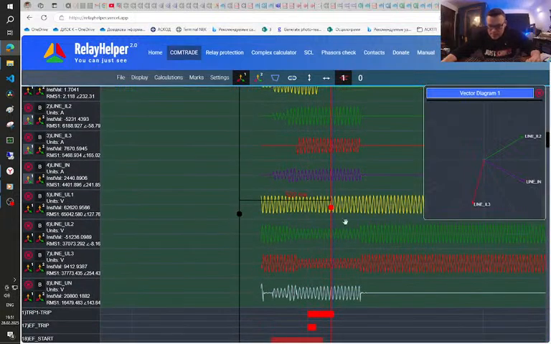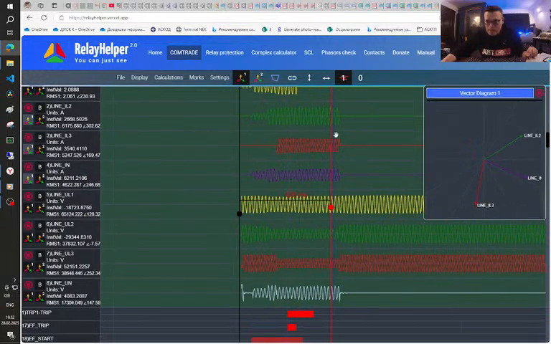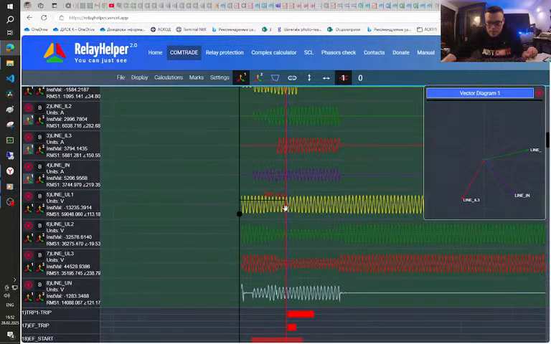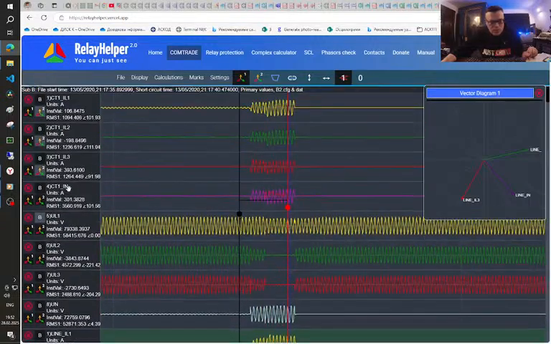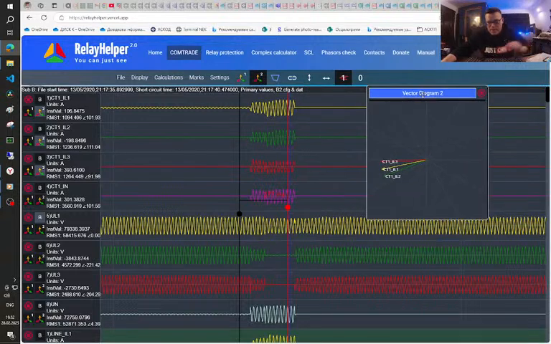But at this point I want to remind myself that we can see a decrease in the voltage on phases B and C. So let's return to this point and look at the vector diagram of the current from substation A. So we look at substation B, and